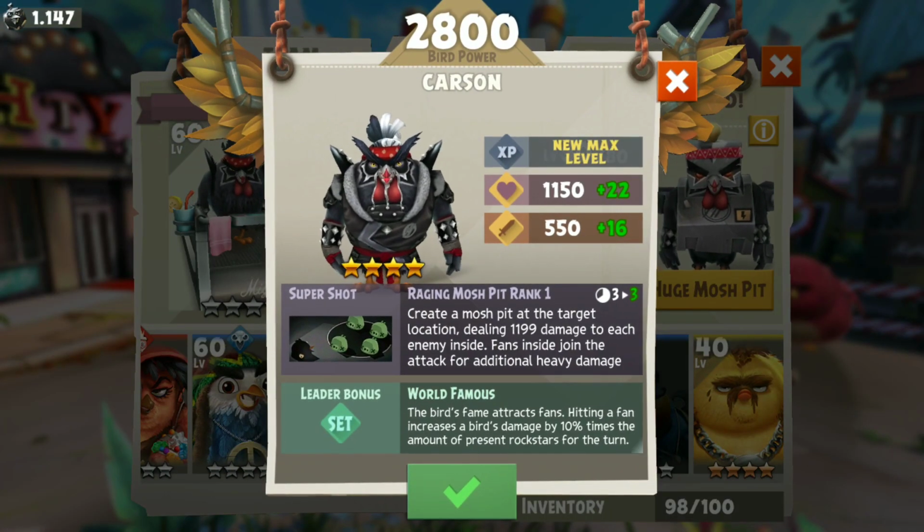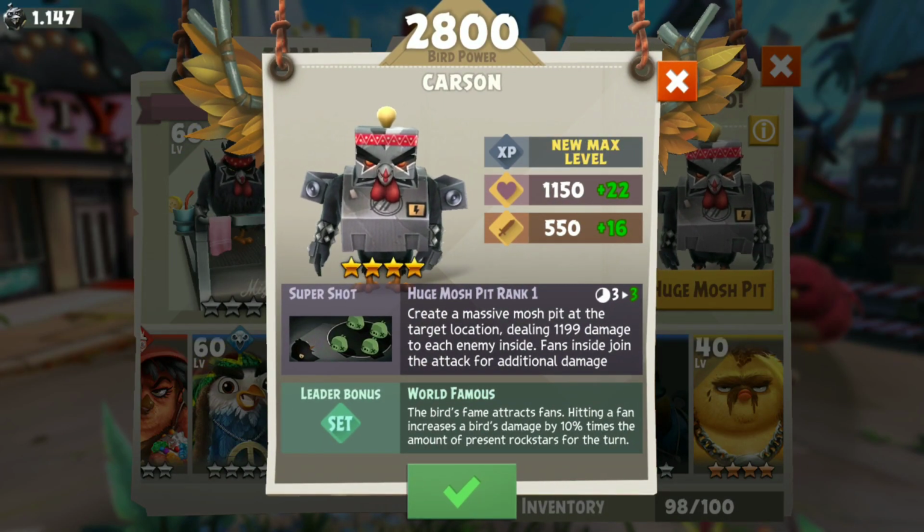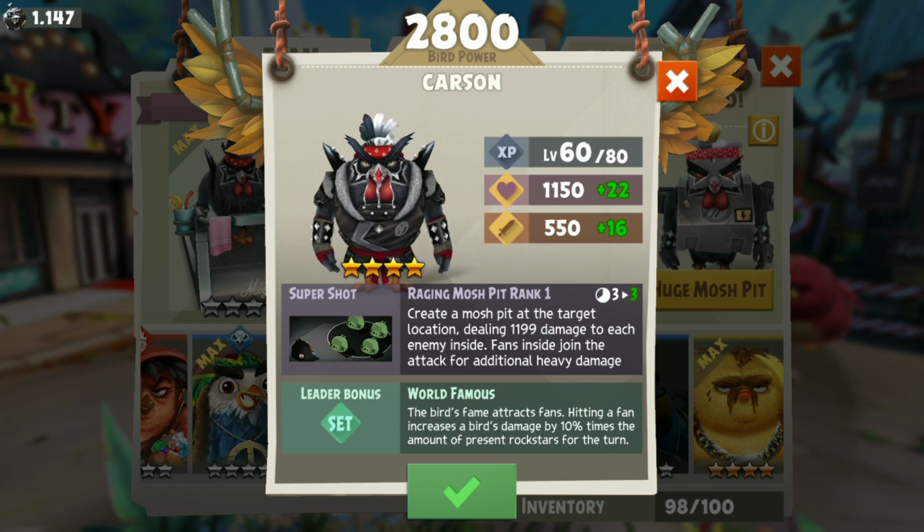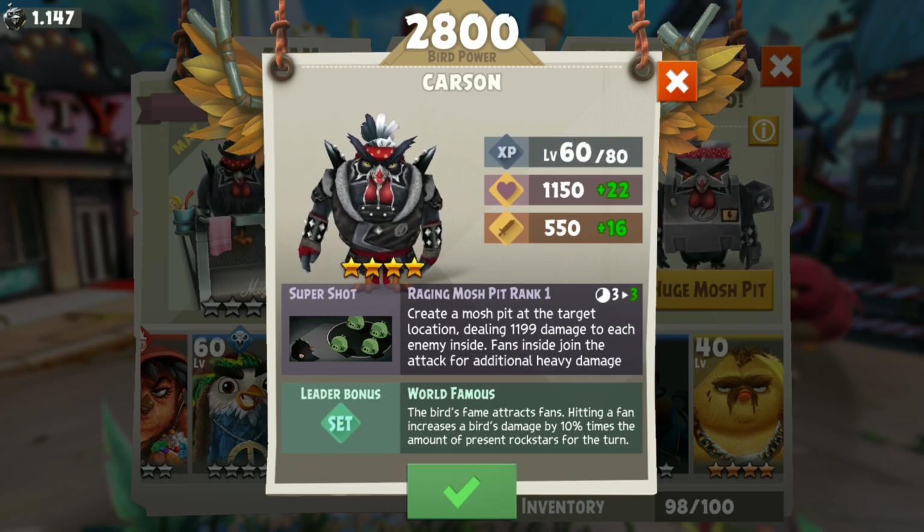So in terms of damage, they are both dealing the exact same amount of damage, which is 1199. But if you notice the second description, fans inside join the attack for additional damage. Alright, so the huge mosh pit Carson, if you were to include the fans inside, they will definitely attack for the additional damage. But the raging mosh pit Carson will be able to get fans to join the attack for additional heavy damage. So yeah, obviously both of them are cool, but it depends on what you are looking